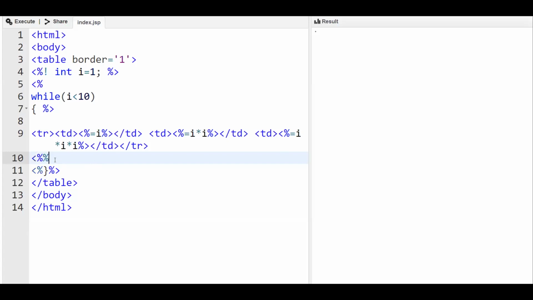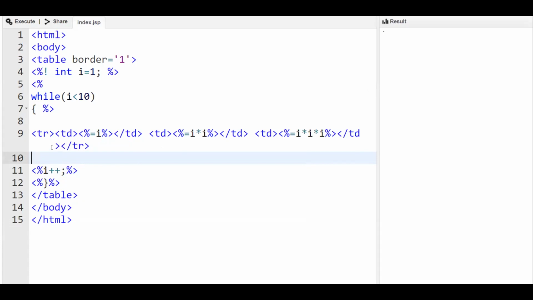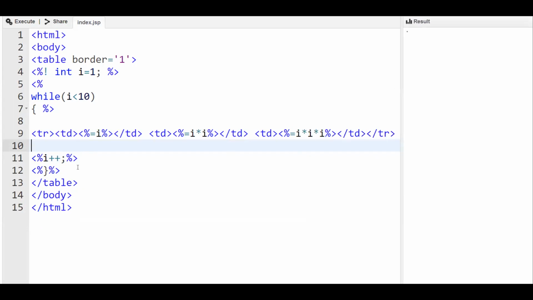So we'll put that incrementation of I inside a scriptlet tag like this. So I plus plus.